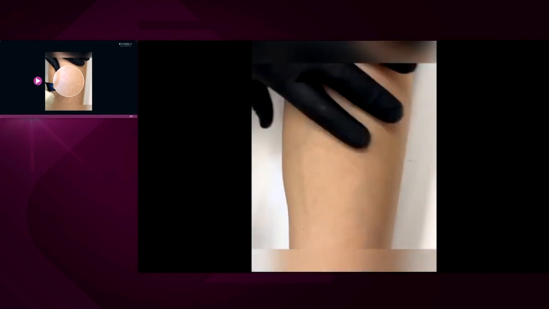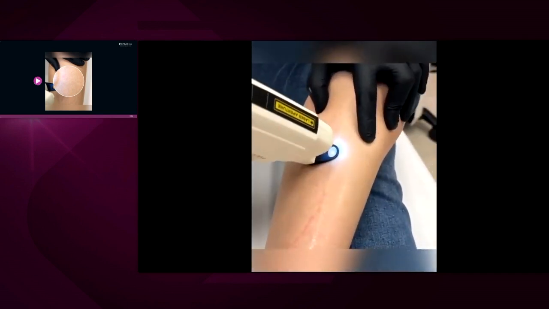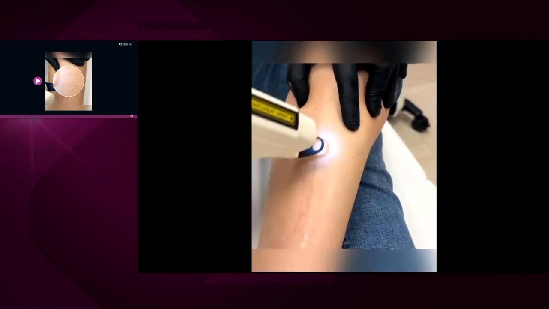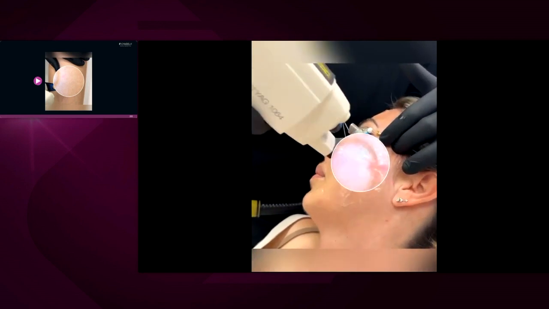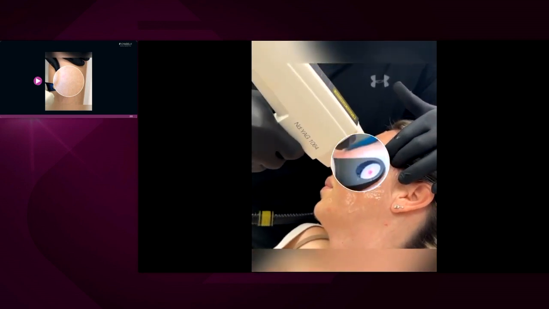We can go to another video because my colleague has already shown this. Okay, here we have a combination treatment, how it looks.